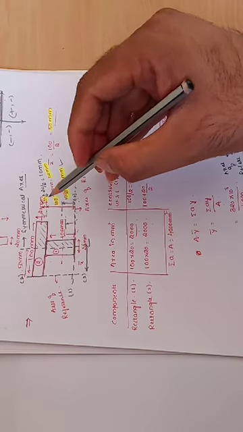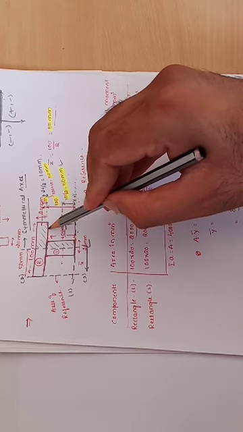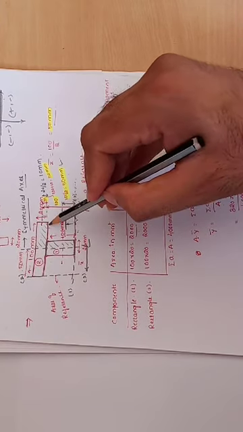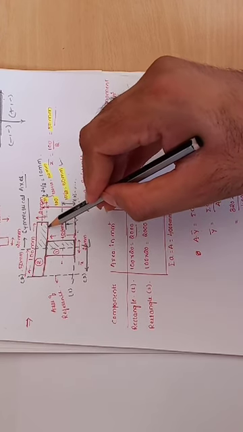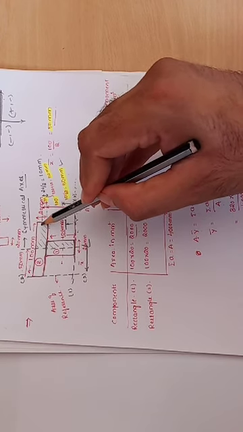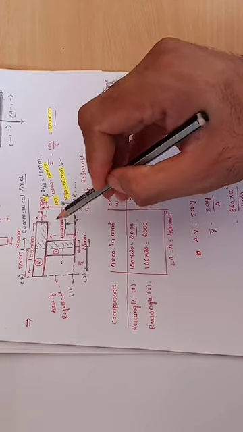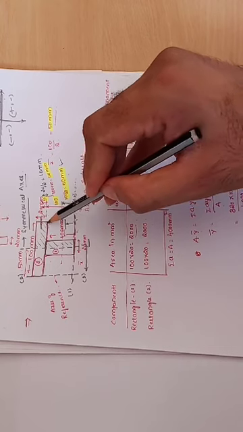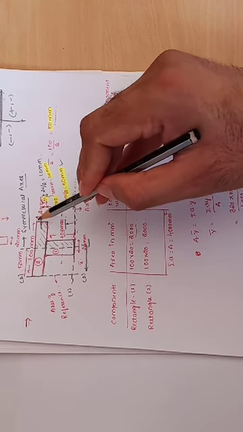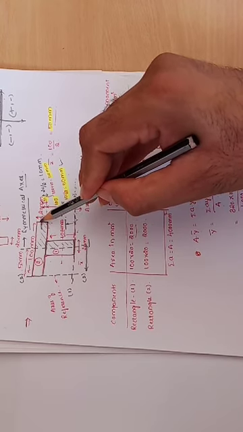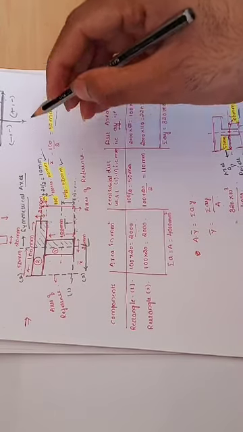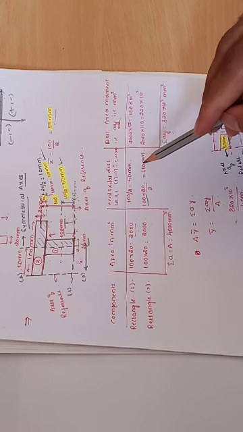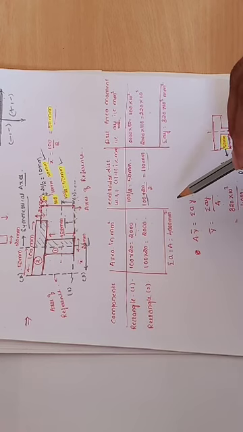If you move to the second one, the rectangle is here, but the reference axis is here. I need to add this distance. So that will be 100 plus 20 divided by 2. From here to here, this distance will be 100, and from this end to this end, it will be 10 mm. So that will be total 100 plus 20 divided by 2, which is 110 millimeter.